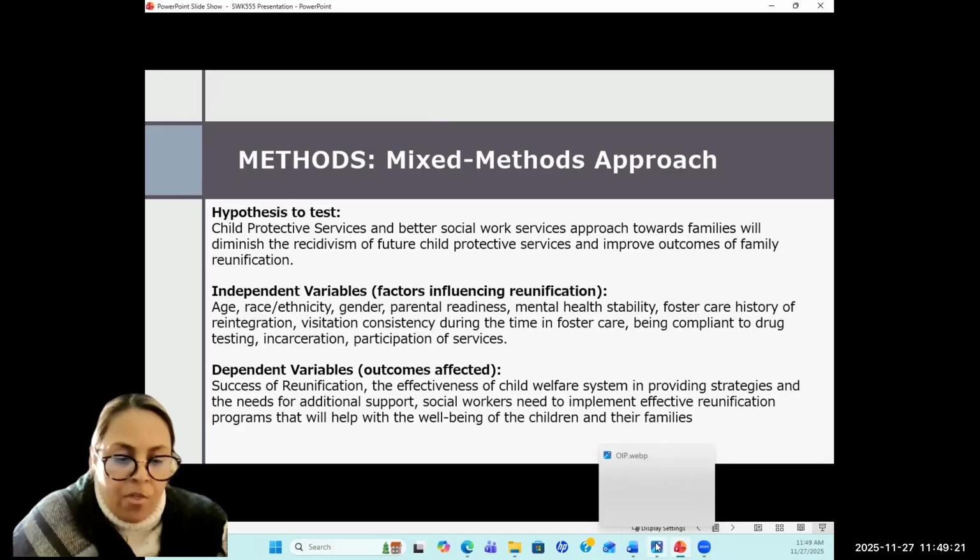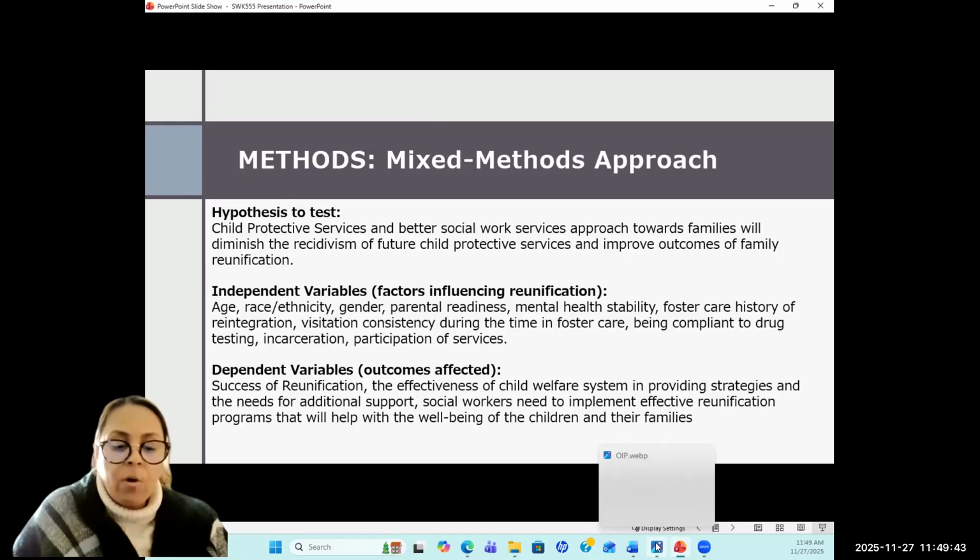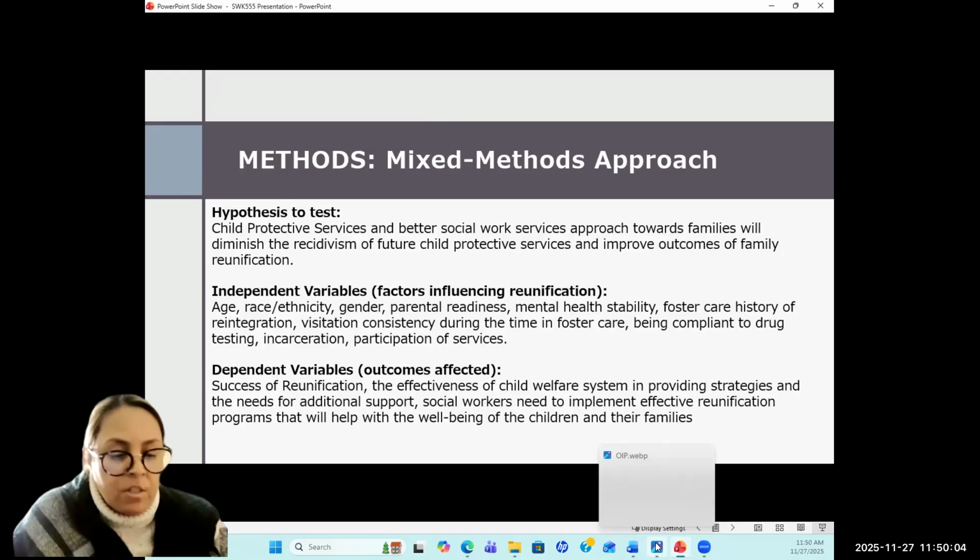This methodology will allow us to gain an exact understanding in the complexity of how child welfare can diminish the recidivism of future child protective services involvement and preserve reunified families.